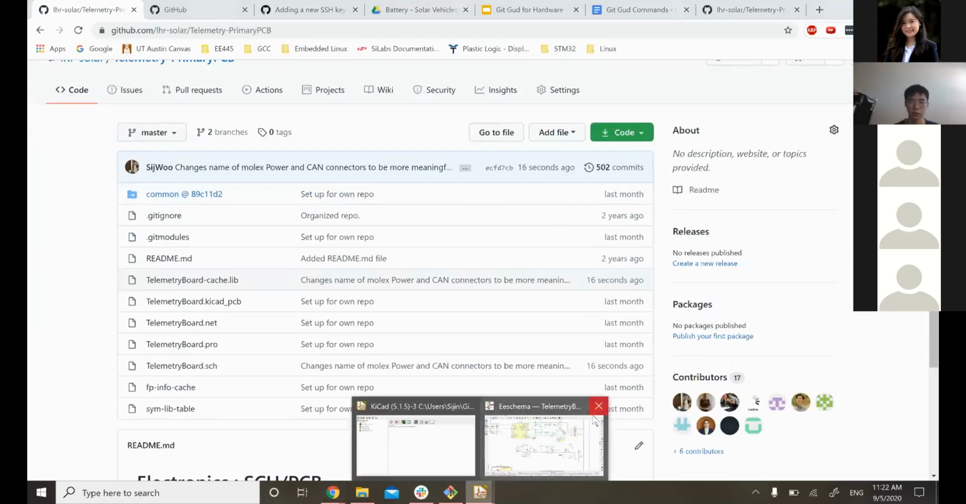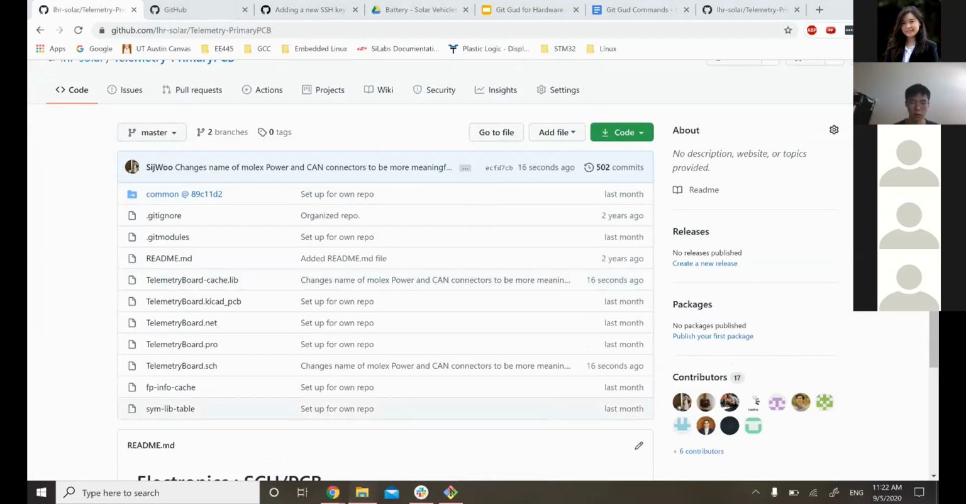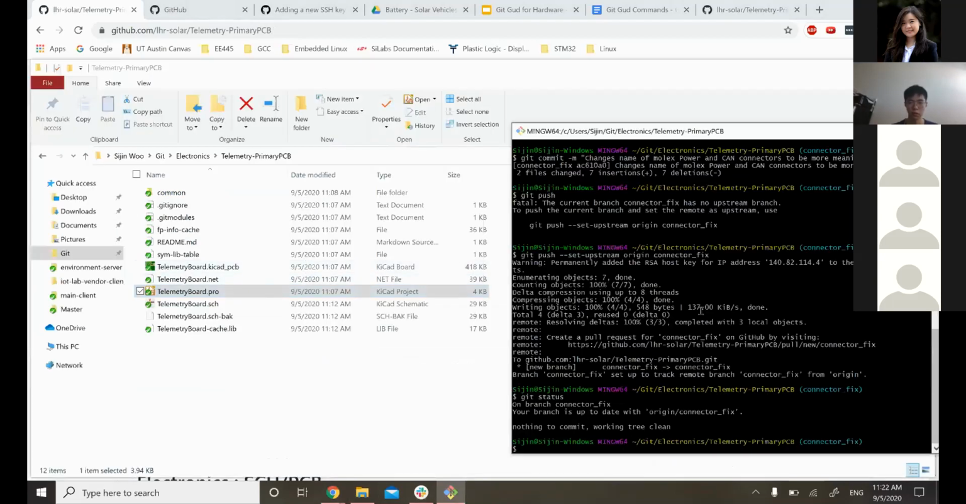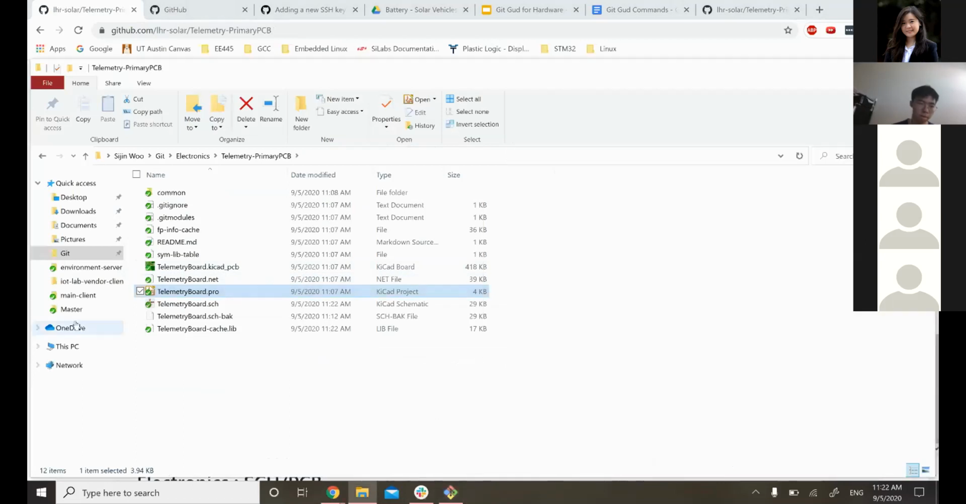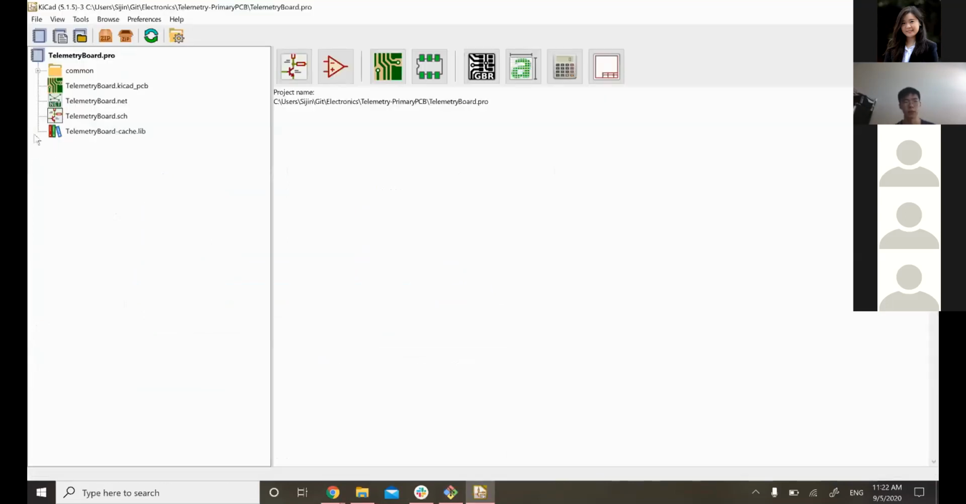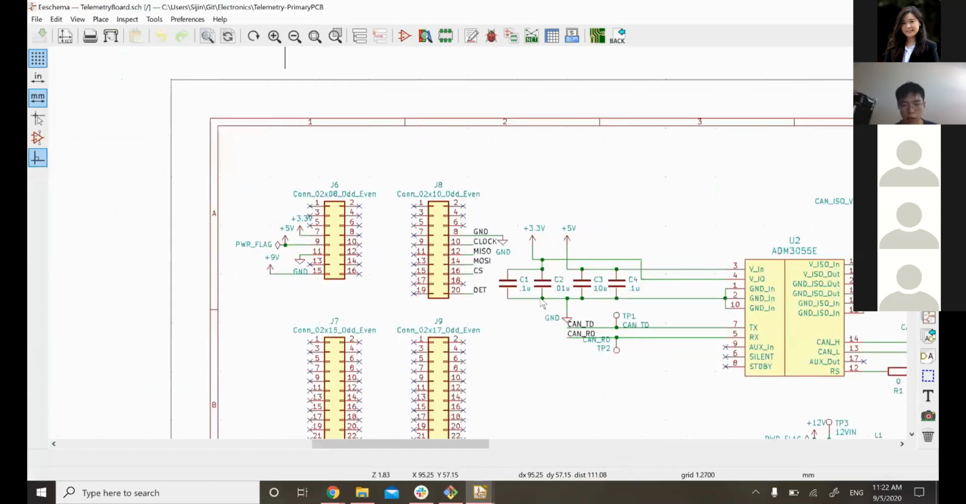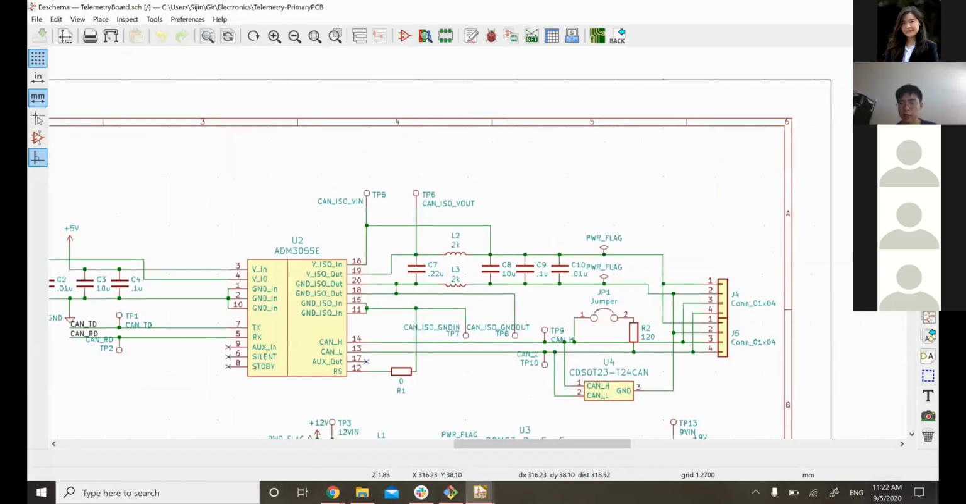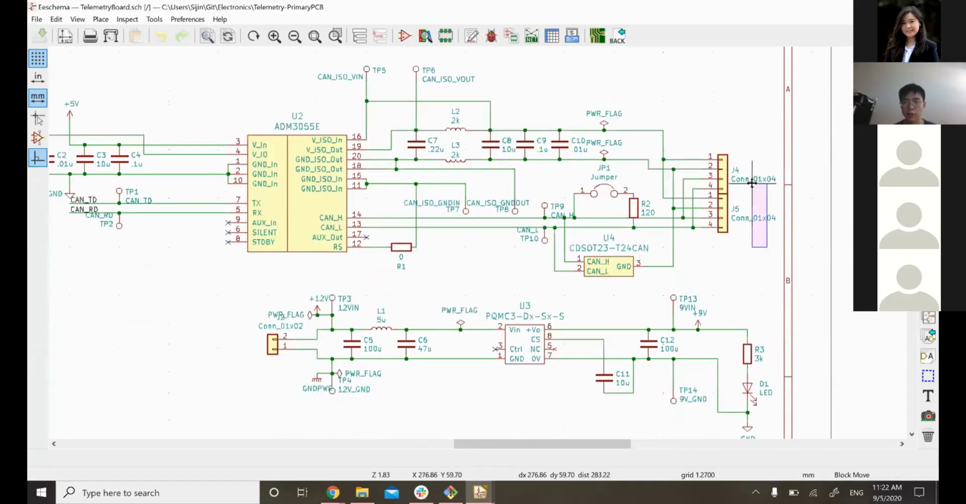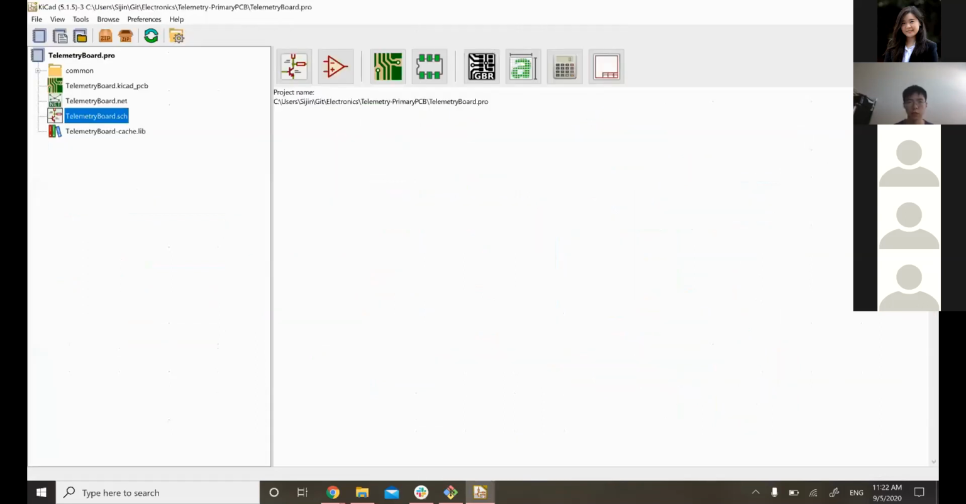So let me close this out real quick. But if I go back to the master branch, you'll see that all the stuff that I changed, like the names of this connector, which was originally CAN connector, and this one was power connector, you can see that it hasn't changed, and that's because whenever you update a remote branch, let's say the master, then you need to